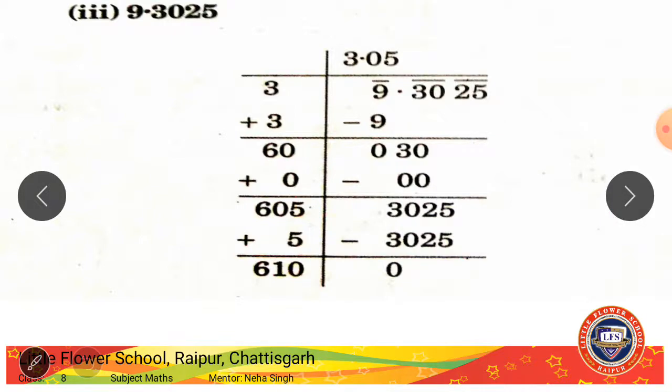In this question again we will have two pairs on the right hand side of the decimal, right? On the right hand side of the decimal we can have two pairs since four numbers are there, and on the left side only one pair. Now 3 square will be 9, so like this we are going to continue the steps. So here the answer will be 3.05. You can go through the steps.